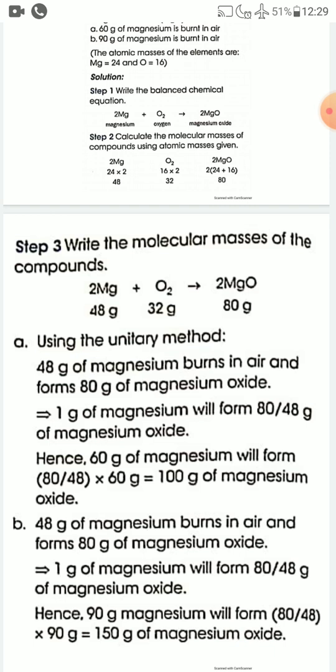Very simple process. Okay, just using unitary method. And first you have to write the balanced chemical equation, and you have to calculate the molecular masses of reactants and product, and then you have to write their molecular masses just below the formula of reactants and products, and then you have to use the